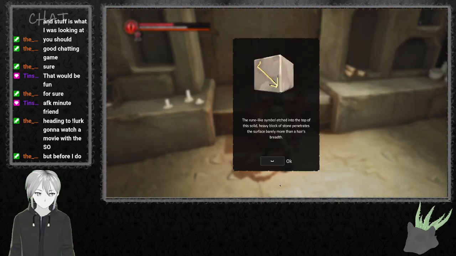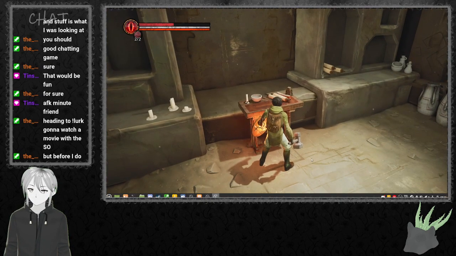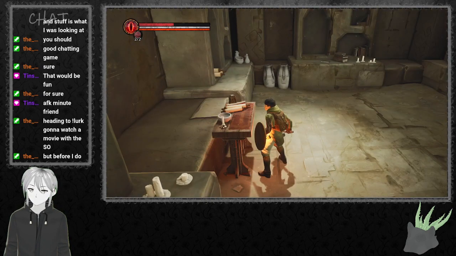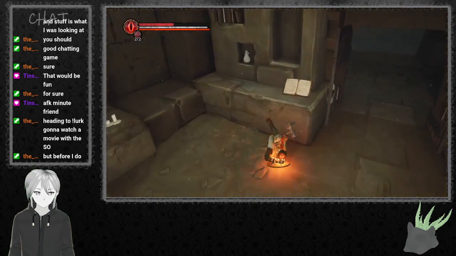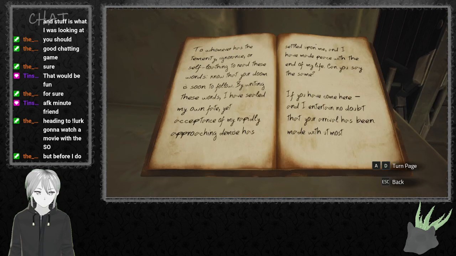Alright. Like symbol, etch the top of the solid heavy block. Oh, stretch reminder. Thank you, thank you. I'll read this first. To whoever has the